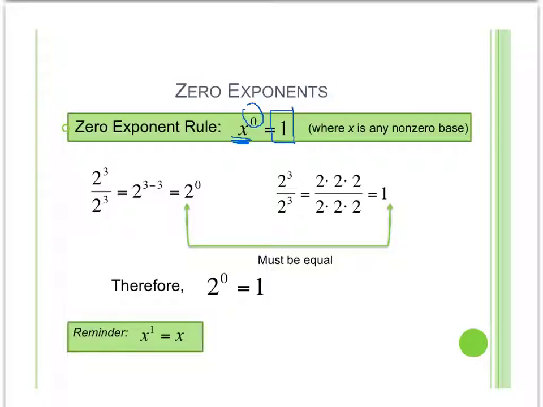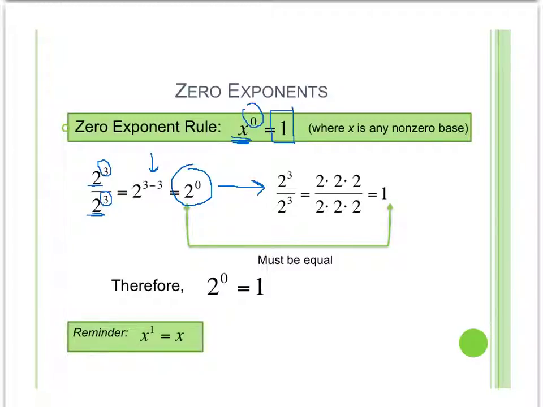Going back to our quotient rule for exponents, we know that if we have like bases that are being divided by each other, you subtract the exponent in the denominator from the exponent in the numerator. And if we do that here, we get 2 to the 3 minus 3rd power, which really is just 2 to the 0th power. Now, if we take this same problem and write it out in long form,